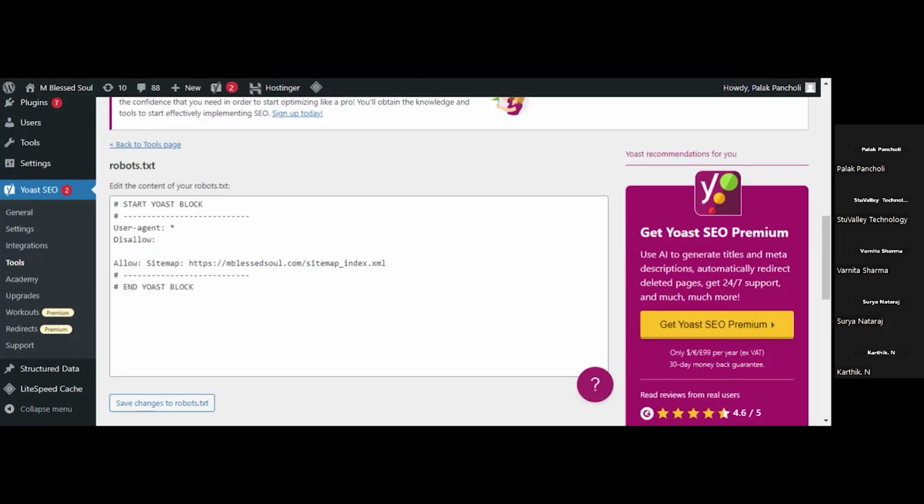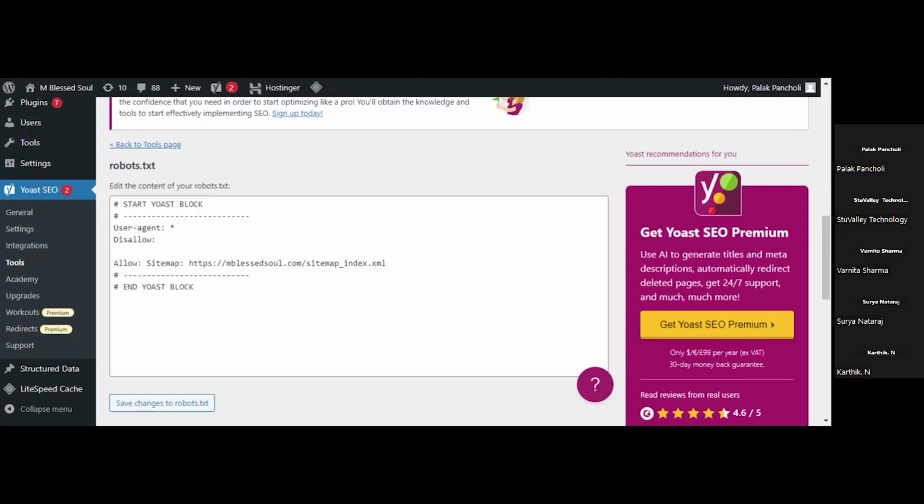Is it clear now? Any doubt? Karthik, is it clear? Surya? Ma'am, in this allow section we have to mention that link alone, right? Yes, correct. You mentioned something like the sitemap. Yes, sitemap also. Okay. Ma'am, we have to paste our website link here? Website link means in the allow section we will put the important pages that we want to rank.